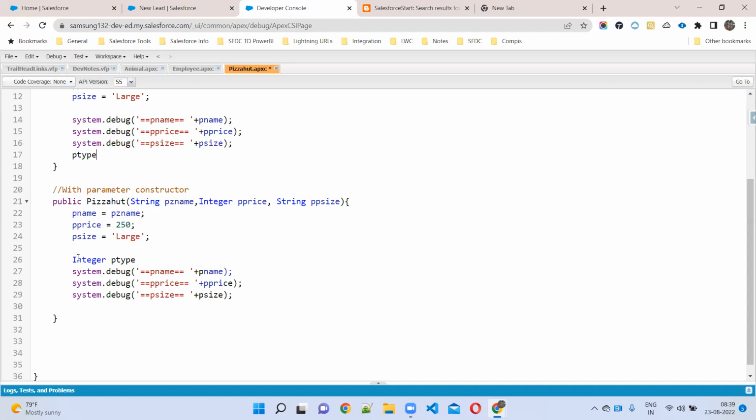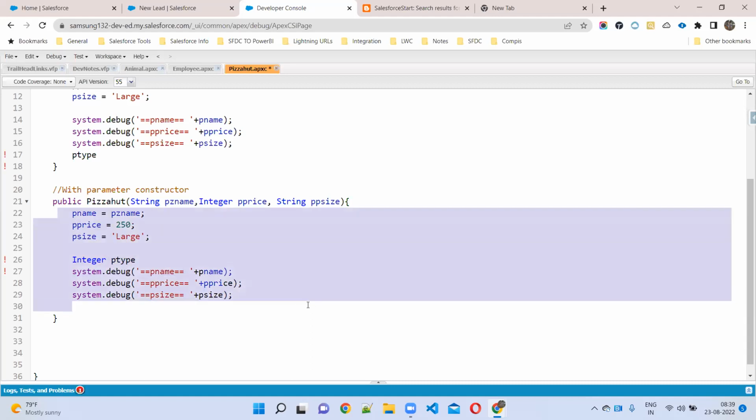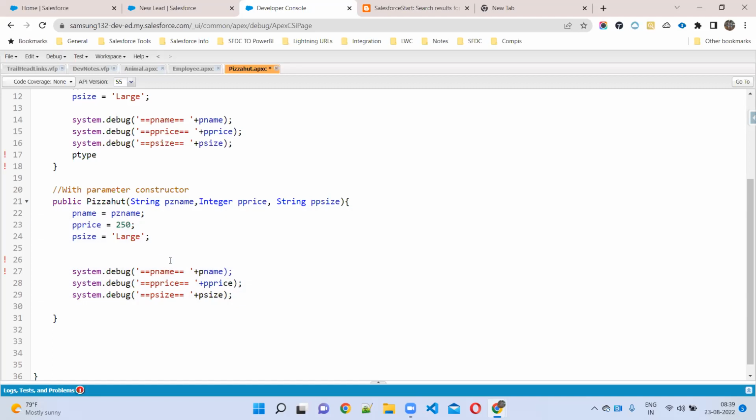No. Why? If you declare variables inside a method, those variables are called what, sir? Local variables. This variable's scope is only within the method. Understand everyone? Is everyone following what I'm saying? Yes, sir. What is a local variable? What is a class variable?